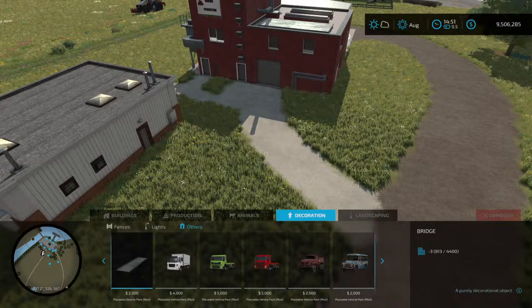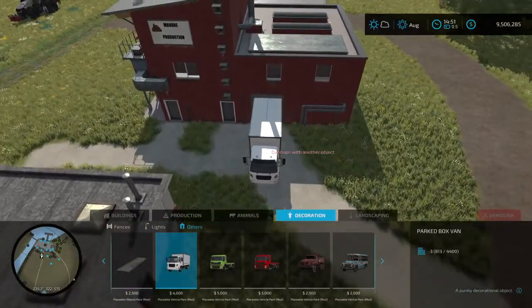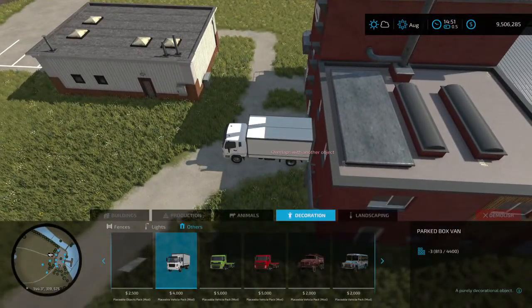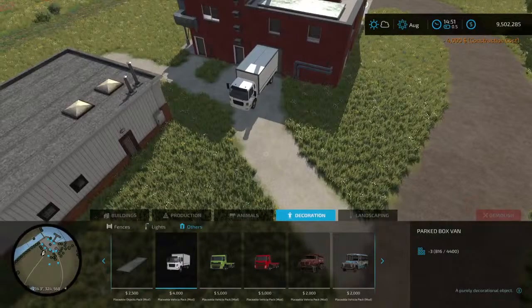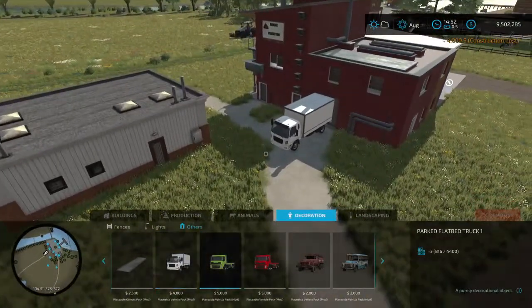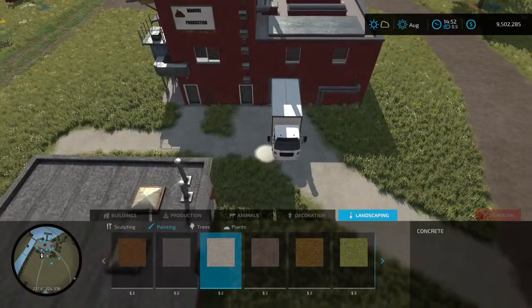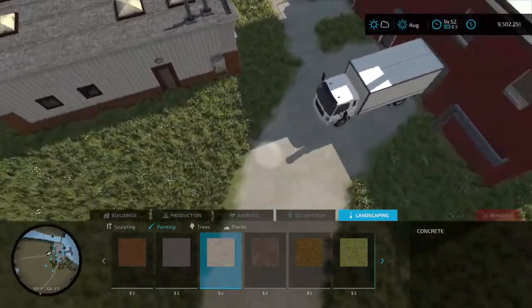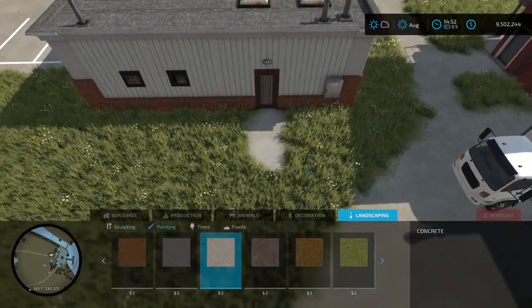Oh, what kind of truck do we want there for this manure point? See, I wish there were more decorative vehicles, but we'll just go with this little box van. See, we're going to have to widen our path to our drive into the plant. There we go. Alright, so now we need to make that a little bit bigger. For instance. There, I think the truck can make it in there now. We need a sidewalk from this door over to